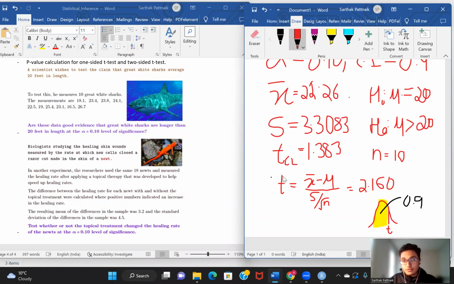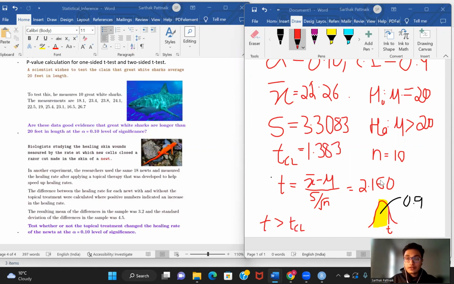So my T value is 2.160. My T critical is 1.383. So my calculated T statistic is greater than my critical T value. And when this is the case, we saw in our previous session when we were discussing hypothesis testing that in this situation we can reject the null hypothesis because we have sufficient evidence against the null hypothesis, right? Also, if you want to do it via the p-value route, so 2.160